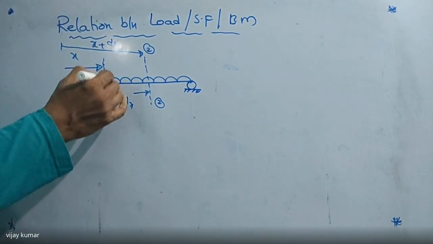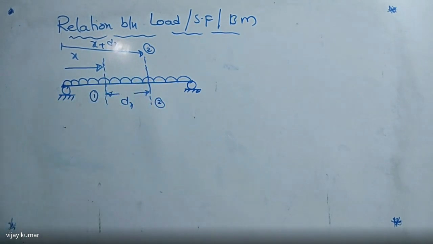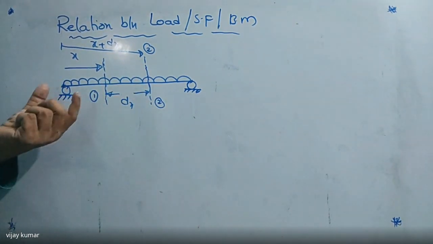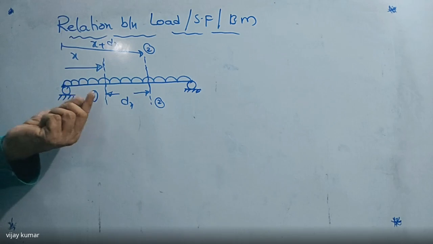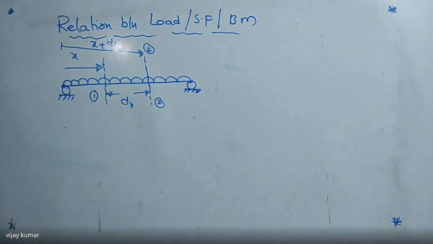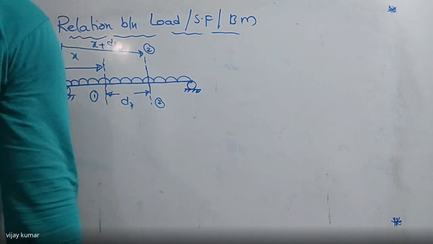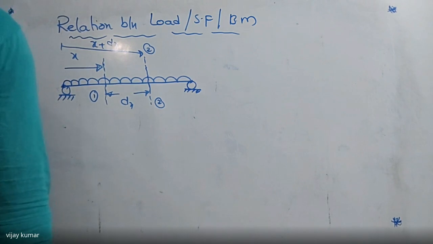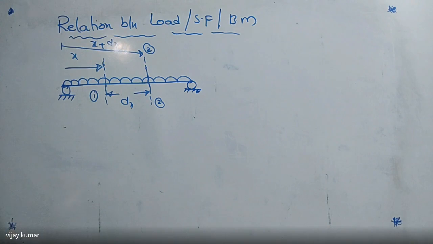So I'm going to take a small element, that is dx, or we can take from the supports, from a distance of x to a distance of x plus dx. We are going to take the 2 sections. Between the 2 sections, I'm going to write the relation between load, shear force, and bending moment. So listen carefully. Sometimes they will ask on these 3 points for 1 mark. So take care about those things.